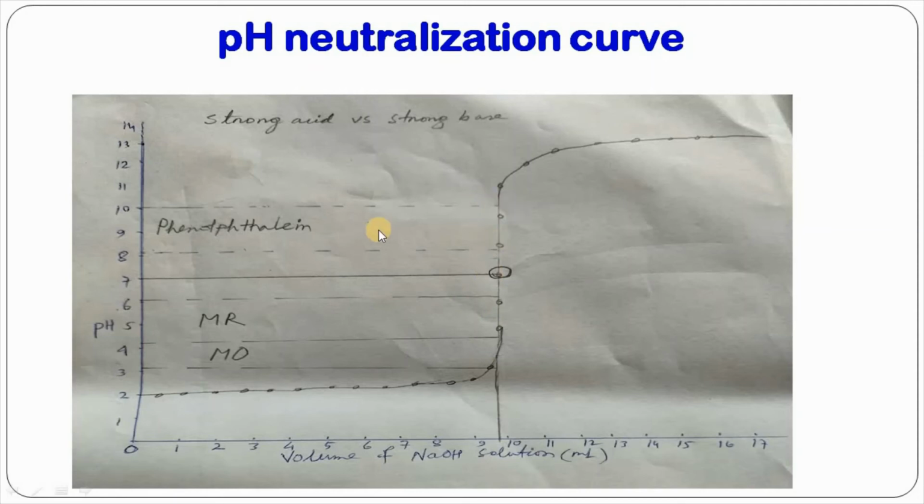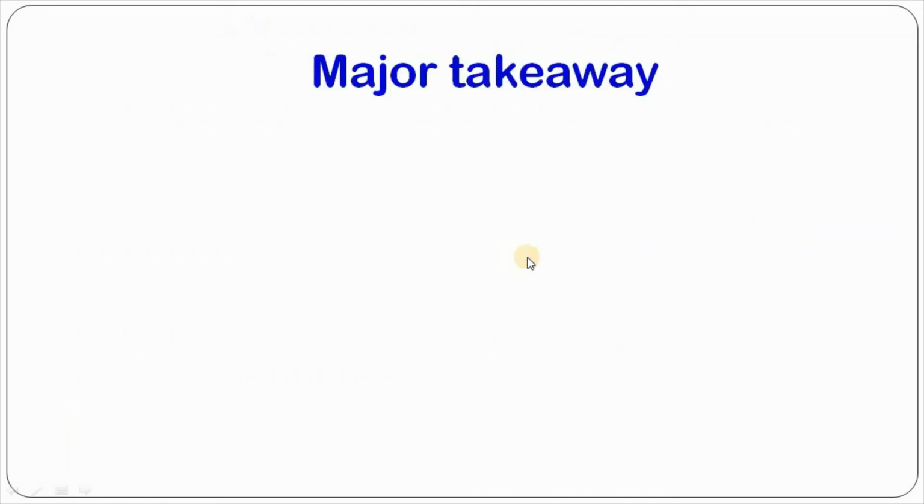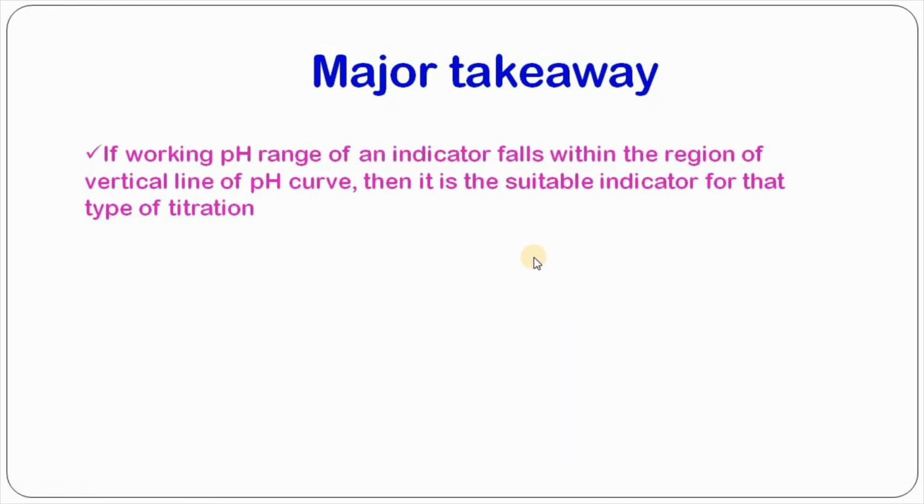So for all cases the vertical line is within the working pH range of these indicators, and so these indicators are suitable indicators for this type of titration. So major takeaway: if the working pH range of an indicator falls within the region of the vertical line of the pH curve, then it is suitable